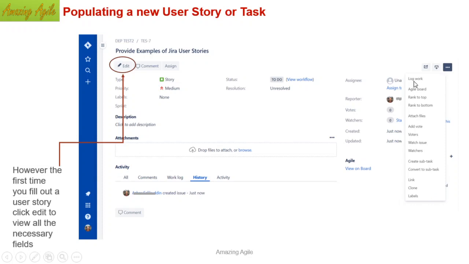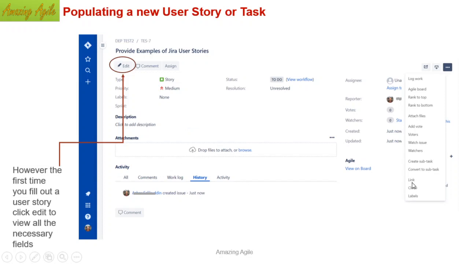Like log work, or if you want to change the status from in progress to done, or delivery, I'm sorry, to the testing status, you can do it from here. You can move the story from one level to another, up, down, whatever, which I will show you in the backlog view. You can create a clone. Suppose you want to copy it, if you want to create the exact same kind of story, you can click it. It is called cloning.